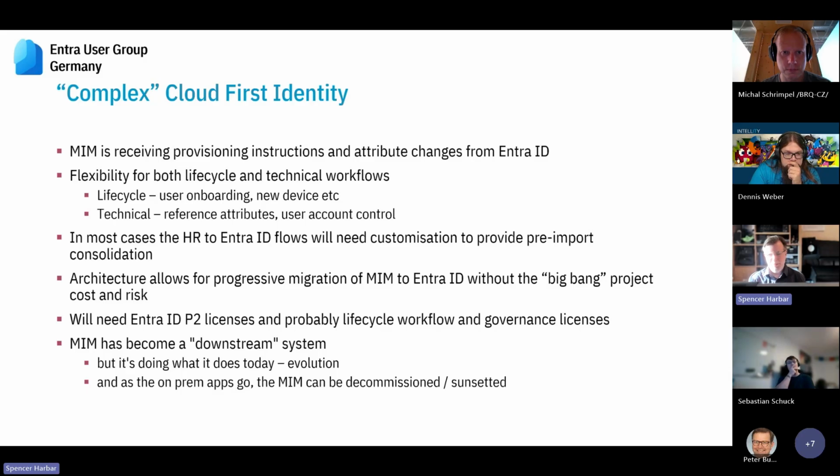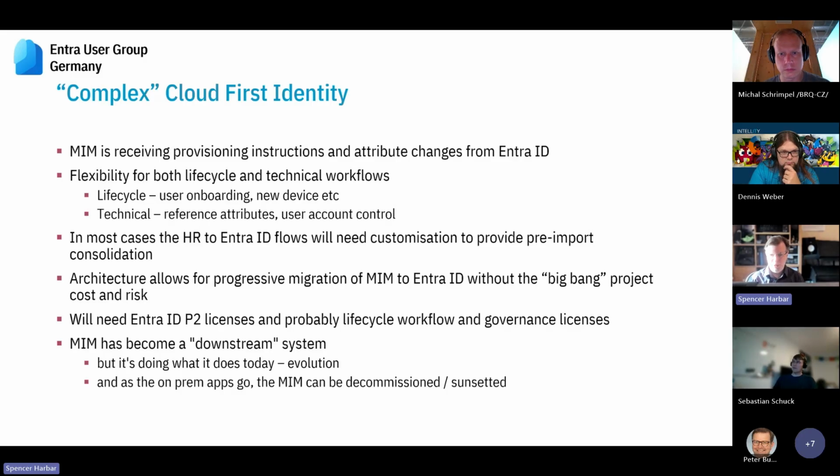We can still use MIM in this scenario as well, if we need to, for helping with avoiding that kind of big bang, saying on, you know, September the 1st, we are no longer going to be doing it that way, we're going to be doing it this way. Because that can sit there and still do stuff as necessary. And if we find that we've made a mistake, we can revert back to it. But this is going to cost you a lot more money aside from the consultancy fees, because you're going to need